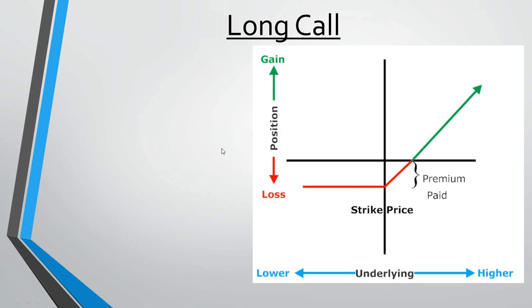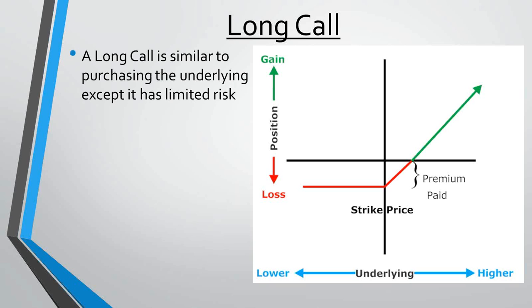So Bob went over the underlying graphs and how they looked if you were long or short those, and he briefly showed how the risk graphs look for the Nadex spreads if you're long or short them. Let's go into just some risk graphs of options. So this is a long call risk graph, and it's similar to purchasing the underlying except it has limited risk. If you were going to buy a call option, you were going to go long a call option. It doesn't matter on what, a stock, a futures contract, in the foreign exchange market, and you're going to do